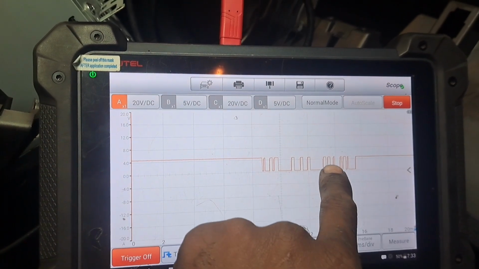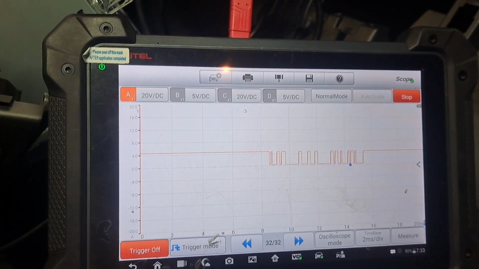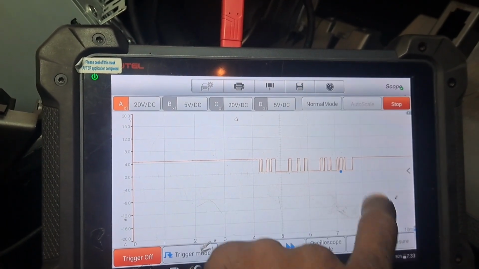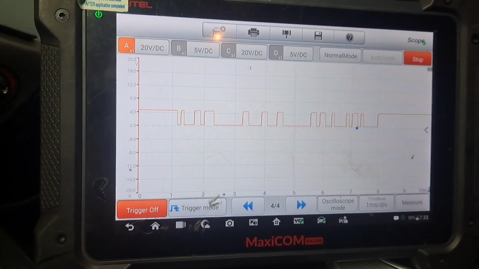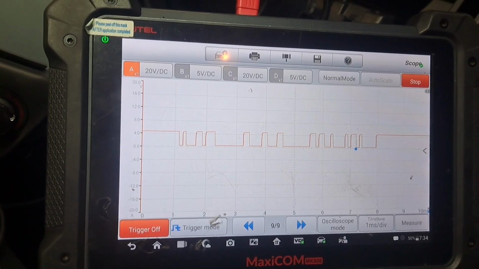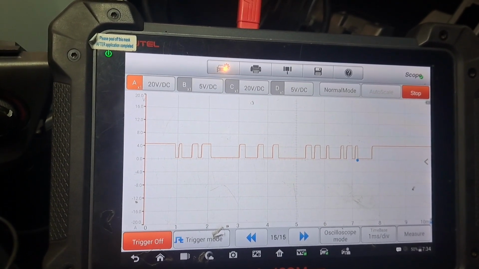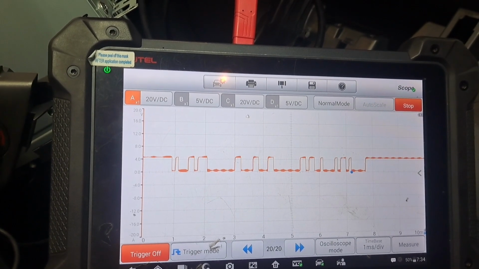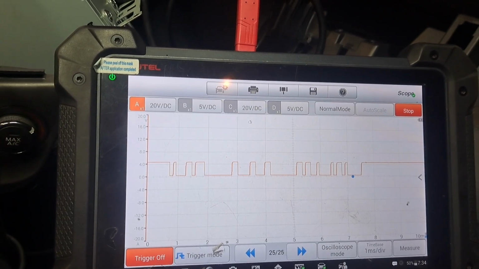Looks like these are getting thinner if I hit the defrost. Let me enhance this a little bit. Okay, now I'm going to hit the defrost and circulating or fresh air button, see if I can see any changes. Let me hit the mode. No, it might be on the other